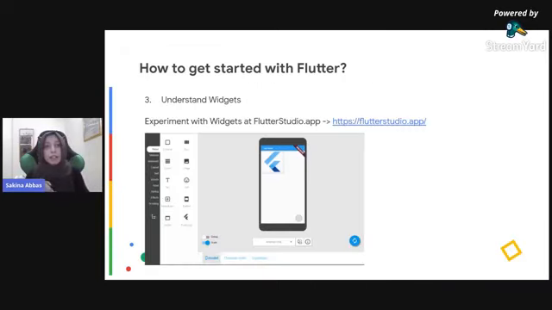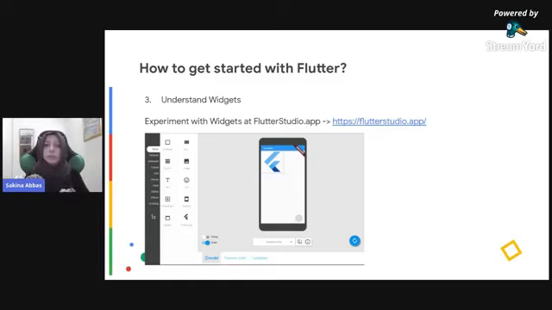The other is that finally, after you're done installing Flutter, you need to have a core understanding of widgets. Basically, widgets are the UI components of Flutter. So every UI-related thing that you see in a Flutter app, it's a widget. Be it a text, an icon, a button, an image, a drawer, a side drawer, a navigation drawer, or a bottom navigation tab. Everything and anything in Flutter related to UI is called a widget.